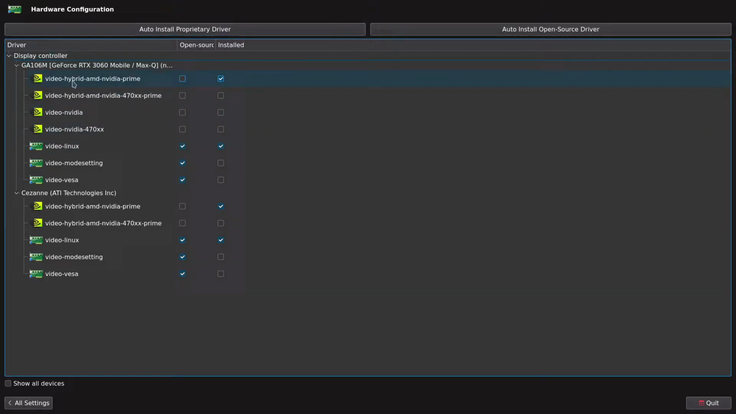Right now you can see here I am using Video Hybrid AMD Nvidia Frame. So this works like this. There will be an Intel IGP, or integrated graphics processor, or an AMD IGP, and the combination will be like AMD Nvidia or Intel Nvidia. In my case this is AMD Nvidia. AMD is the IGP of my laptop and Nvidia is the proper dedicated graphics for gaming and all. So I installed this proprietary driver by pressing auto install proprietary driver, and then I followed